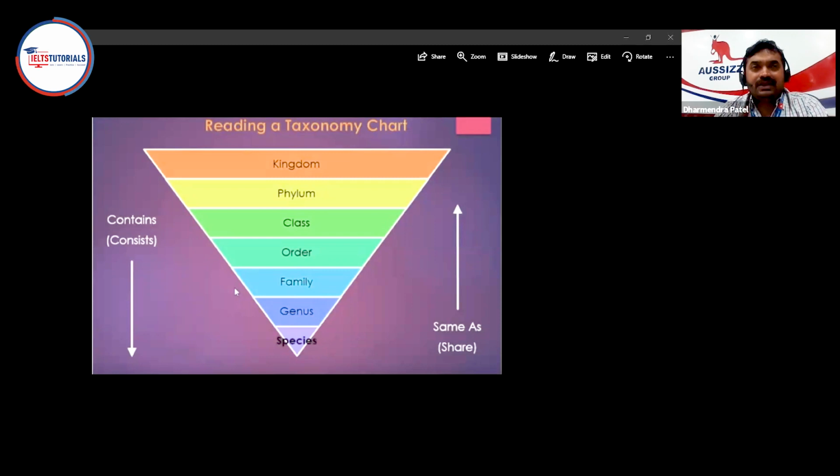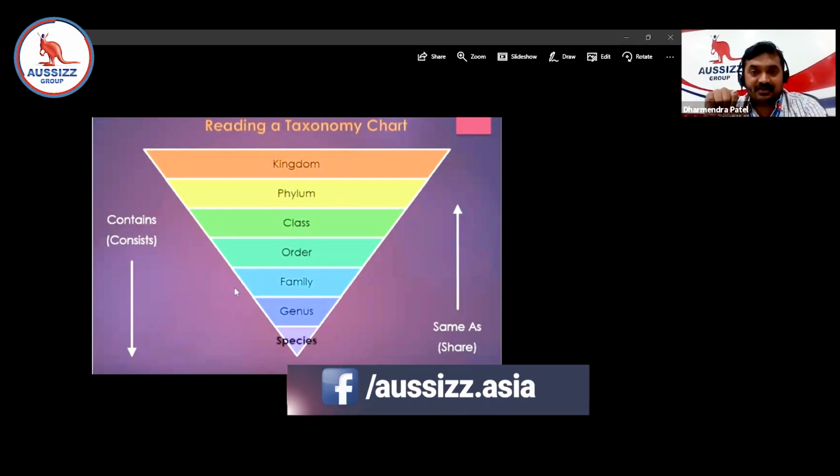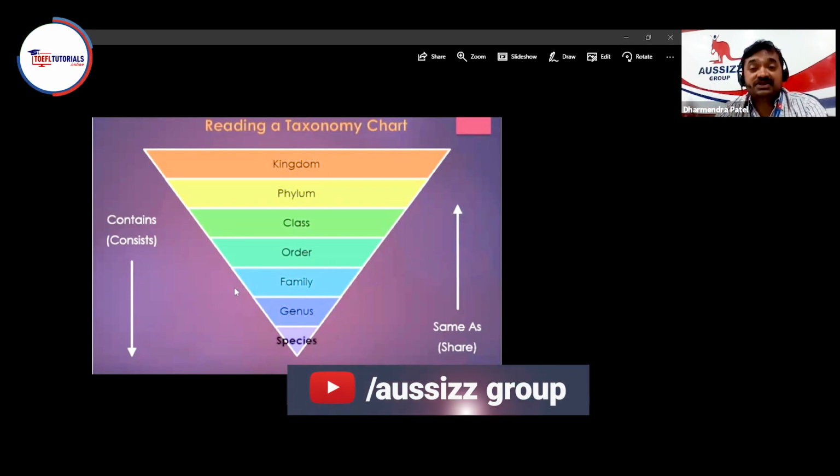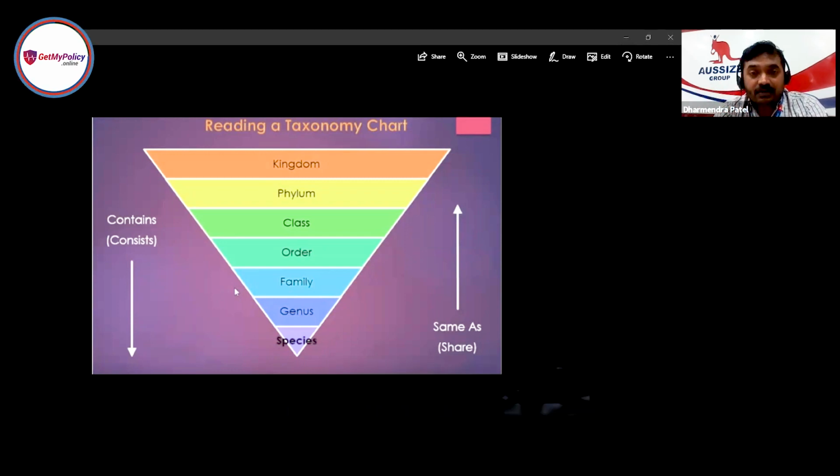Now, let me tell you, the best way to understand this is to think about a letter or a post that you want to send to some particular person. How do you do that? What do you write in that letter? The first will be which country. Then comes state, then district, then city, then an area. It can further go as the name of the apartment building, the block number, the flat number, and finally the person's name. The same thing you see here is in the triangle.